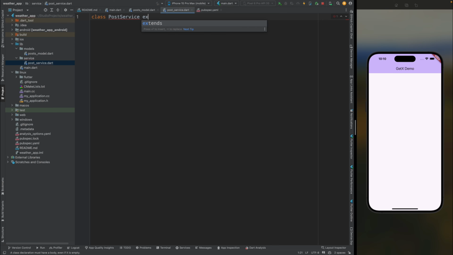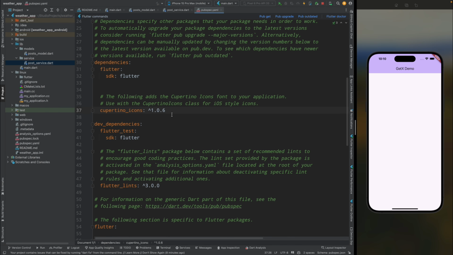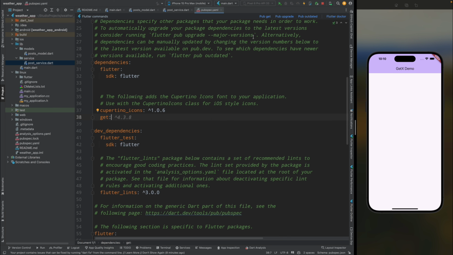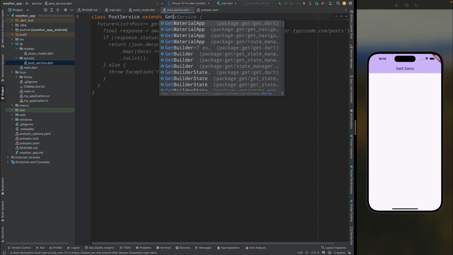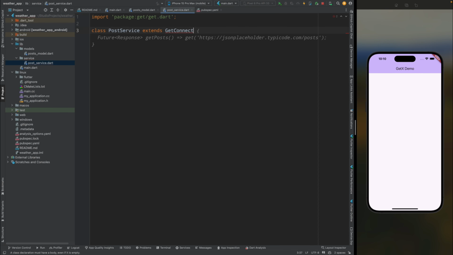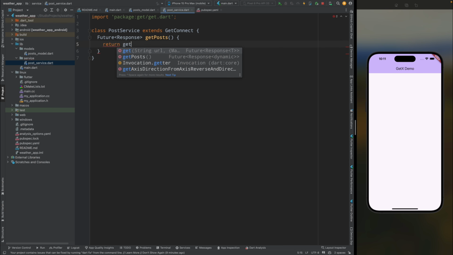So for that we need to add the get package to our pubspec.yaml. So open pubspec.yaml file and here add the get package. Then tap on the pub get option to get all the dependencies. Now go back to the post service file, then add the GetConnect. Now inside this class create a method as getPosts, and inside this method return the get method with the URL